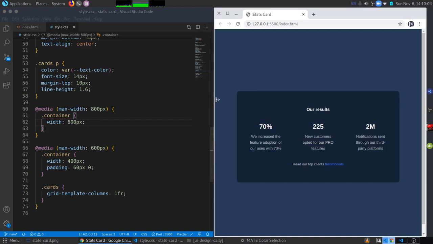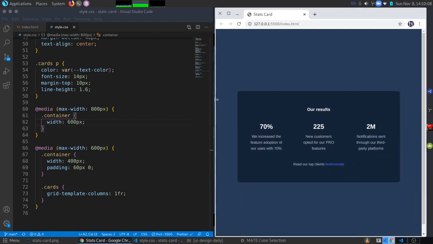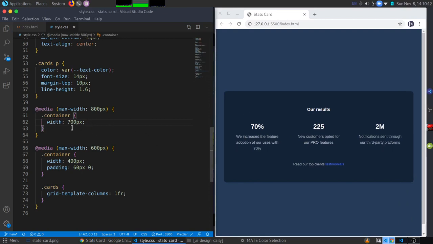This looks a bit squeezed, so what I can do is just add this to 700, and then